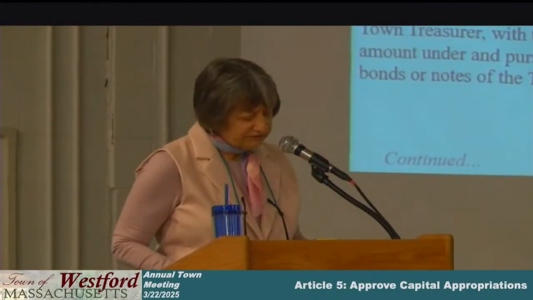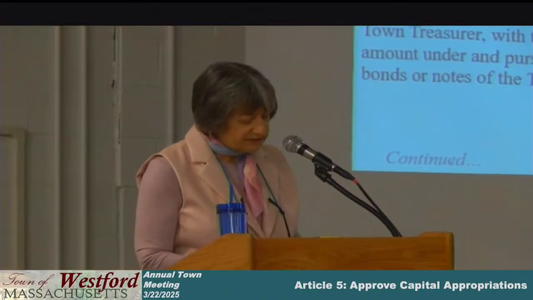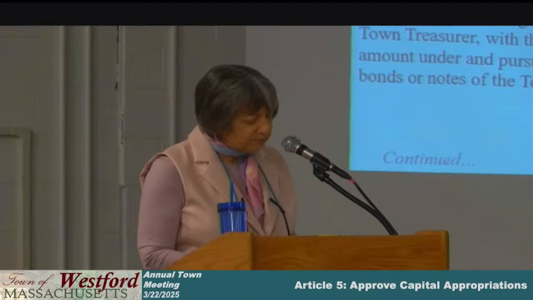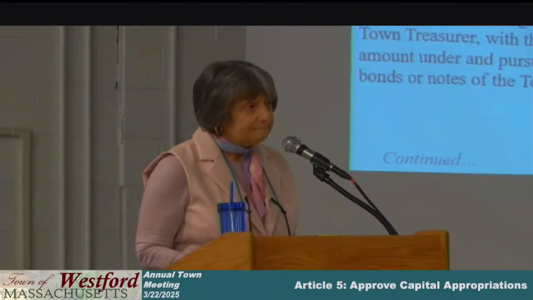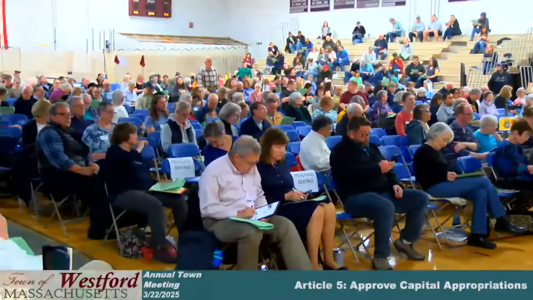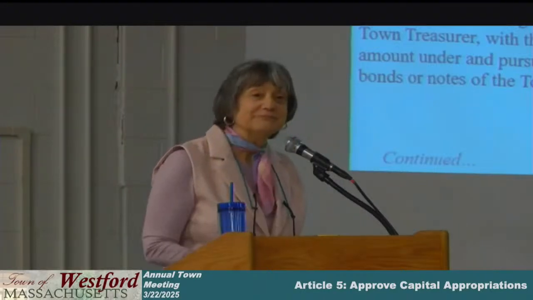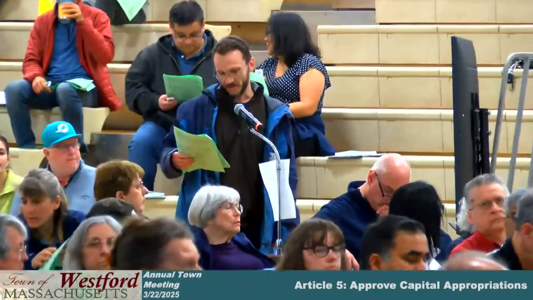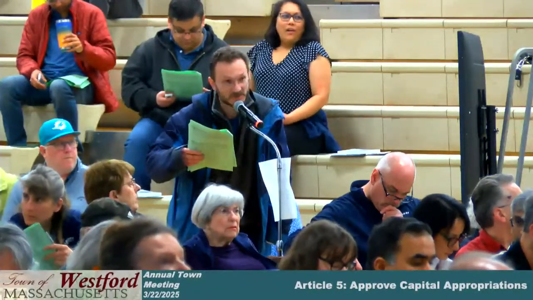The third motion under Article 5 requires a 2/3 majority to pass. The motion is that the town appropriate $800,000 for pedestrian safety improvements at the area around the intersection of West Street and North Main Street, and authorize borrowing and bonding therefore. Is there a second to that motion? I see a couple people approaching the microphone. I'm going to take this gentleman first. Andrew Pokrovsky, 10 Newport Drive. I would just like to hear a little more details about what is involved in this project.